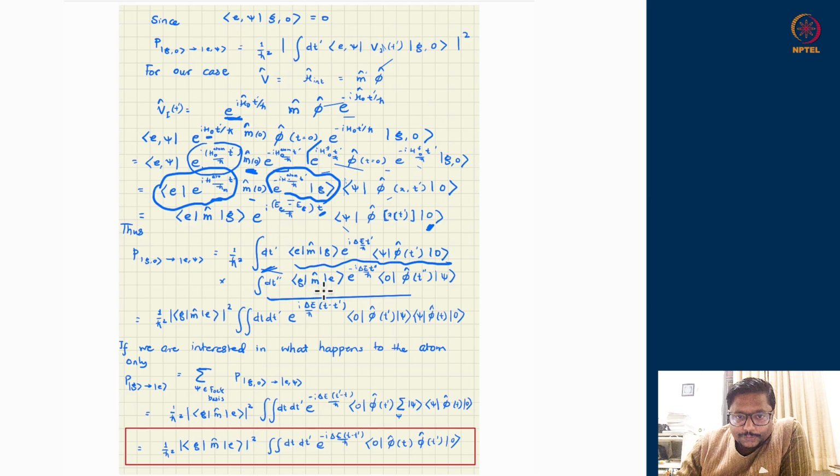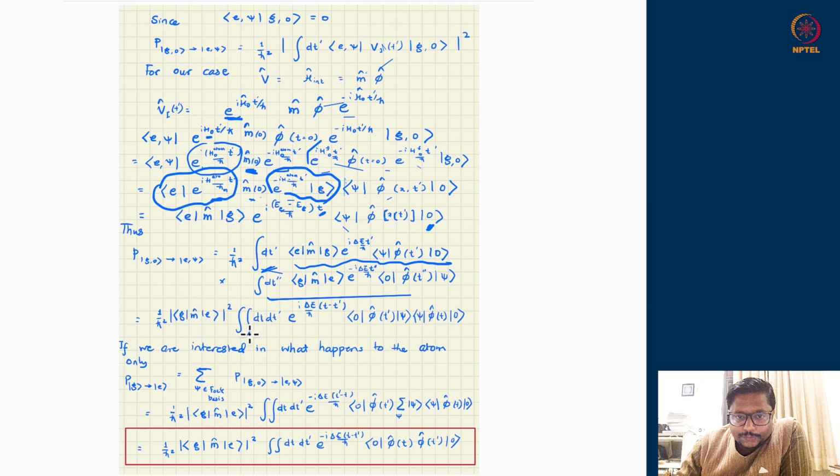Now I am settled. Now I have the full probability of transition. So therefore, now I can see this EMG, whose complex conjugate is GME, is time independent. Remember, this was M0, which was getting squeezed. This is not a time dependent function. All the time dependency was captured in the exponentials. So this is time independent. So therefore, these two terms can go out of the integral. So outside I will get a mod square, because they are complex conjugates of each other.